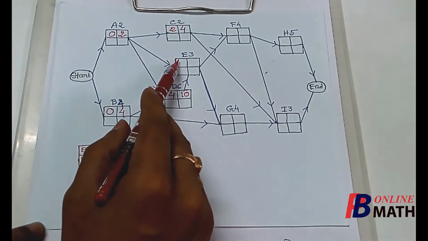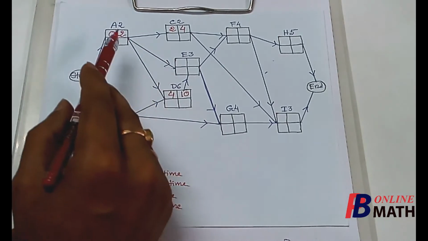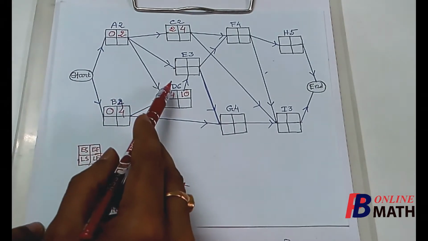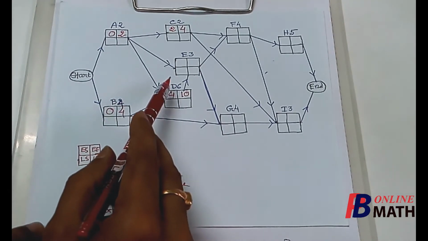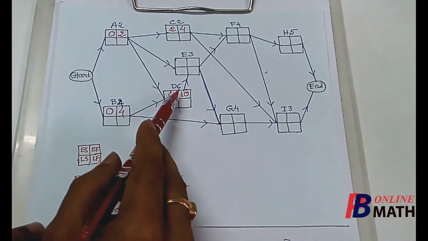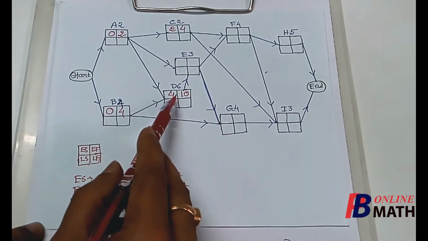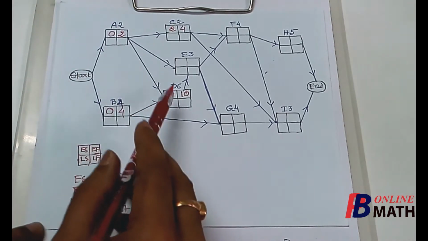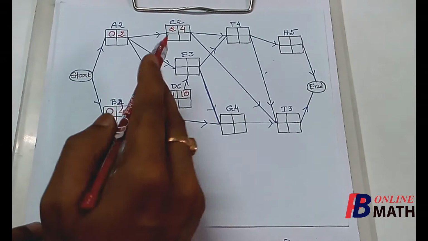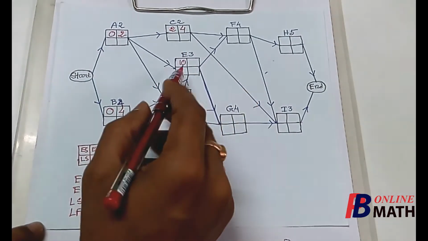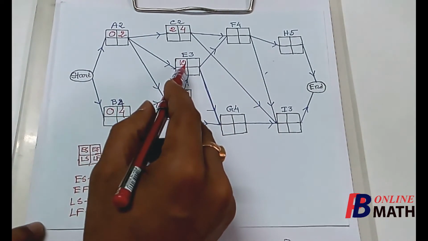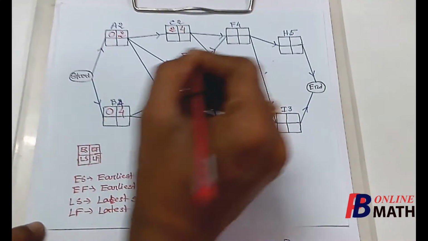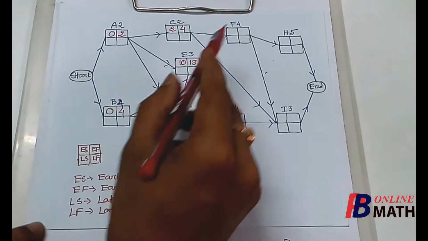Here we find that the activity E can be started only if both the activities A and D are completed. Now here we find that the earliest finish times of the activities A and D are 2 and 10. So after 10 days both the activities A and D are completed. So the earliest start time of the activity E will be 10 days. Now it requires 3 days. So the earliest finish time of the activity E is 10 plus 3, which is 13. We consider the next activity F.